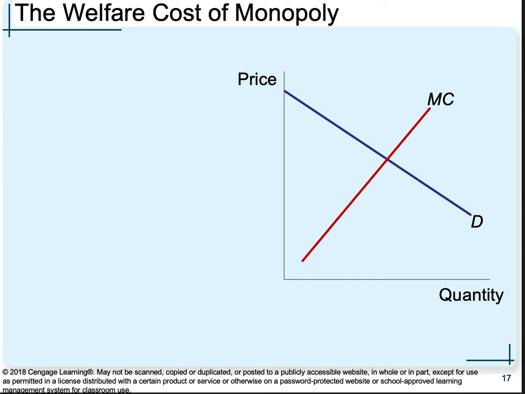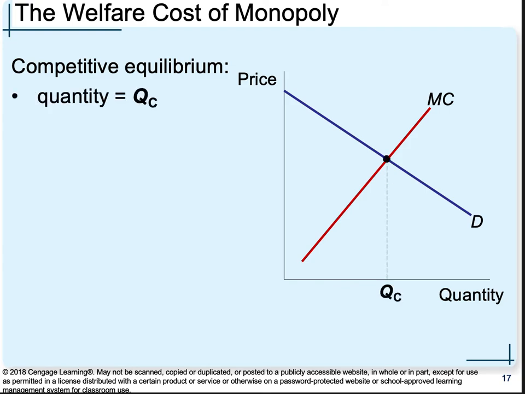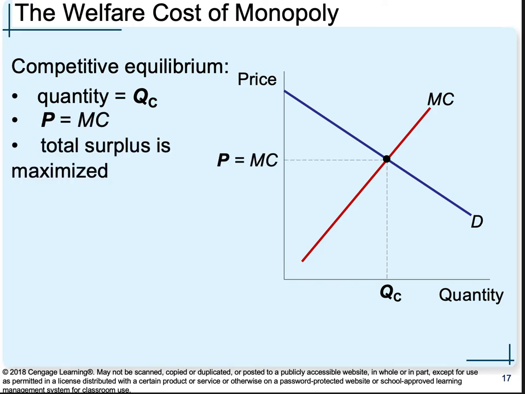So we're going to talk about the welfare cost of monopoly. First, the competitive equilibrium. Remember when we talk about competitive equilibrium, know the distinctions between the two. Marginal cost equals demand. Now our demand in this case is also going to equal our price if it's a competitive market. So this is our quantity produced in the perfectly competitive firm. Total surplus is maximized. If you do the math for up here and here, you would get your total surplus.